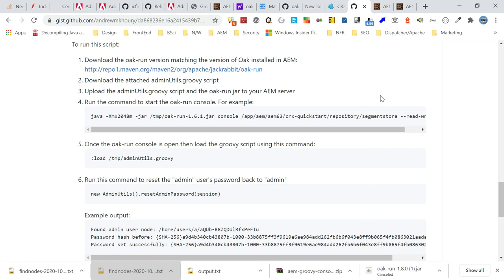AEM Groovy support helps us execute Groovy scripts to perform multiple operations. Earlier we saw that we can manipulate the content in the JCR, even invoke OSGi services, and execute arbitrary code using different APIs. If you want to quickly pull reports in various scenarios, you can do that. We can even load external data into the repository. In some cases, if you want to activate or deactivate resources, we can do it through the script. So you can build custom Groovy scripts to perform any operations required.